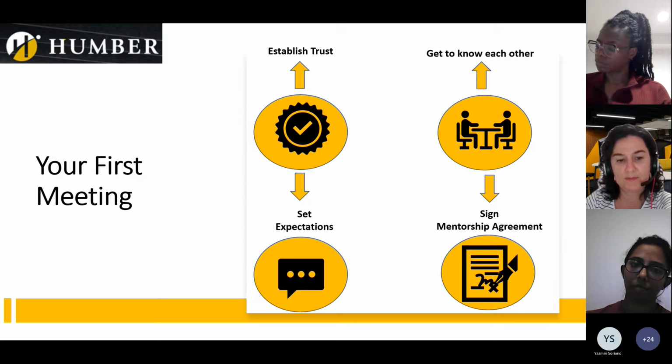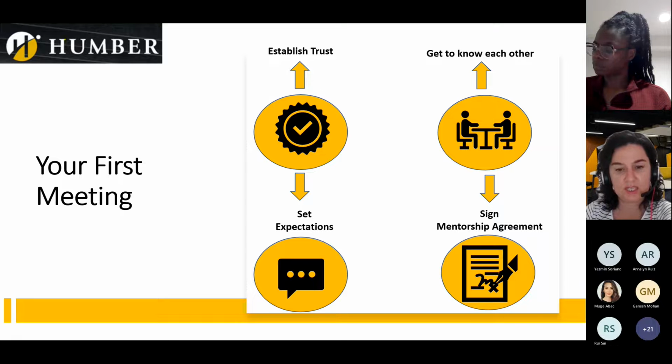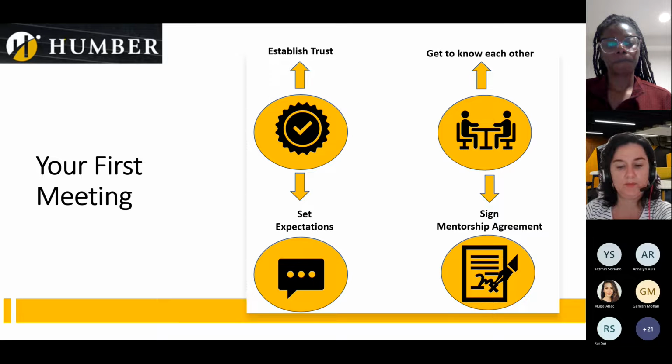So having that agreement template and outlining how you're going to structure your mentoring sessions, and what mainly are going to be your discussions throughout your time in the program, can help you achieve the desired results, and keep your mentoring sessions well structured and focused on the main points that interest you.